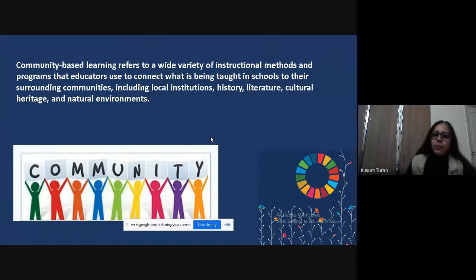This is another approach I'm trying to apply. Very simply, what I have started with is asking my children to share their knowledge with underprivileged children, the helpers' children, the security guards' children, the maids' children. So they're doing it. Not everybody agrees to do it, but they at least think about how to do it. Somebody said I'm going to donate books. Somebody said, okay, I'll conduct an ICT lesson for them. Somebody said, I'm going to conduct this lesson for them. So it's a startup somewhere. This is what community learning is all about.